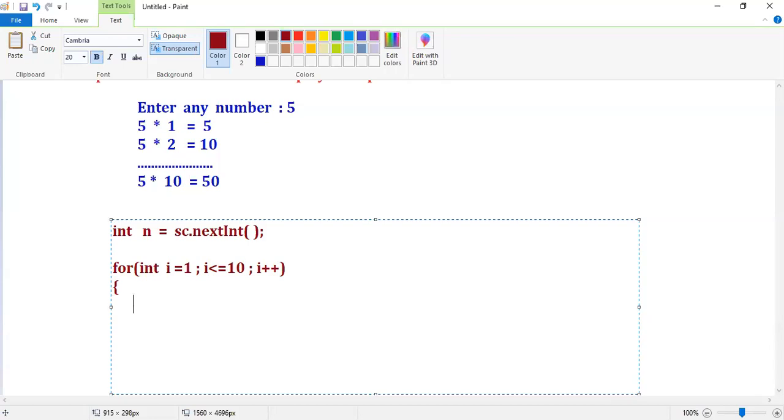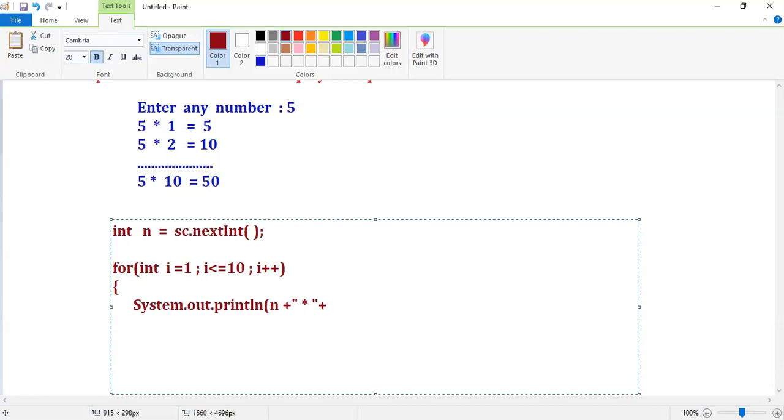So here, at display time, what do I have to display? System dot out dot println. My requirement is n, right? N plus, I need the star symbol. That's why display the star symbol.